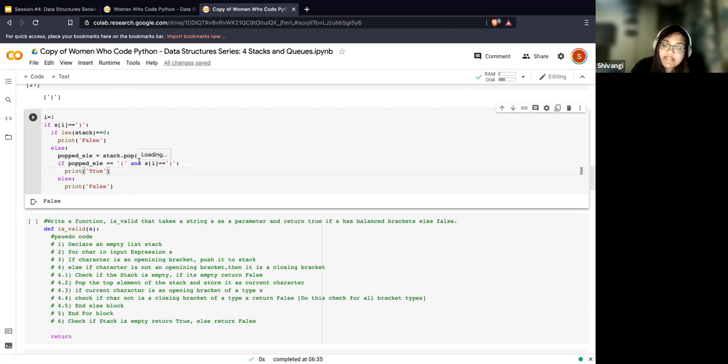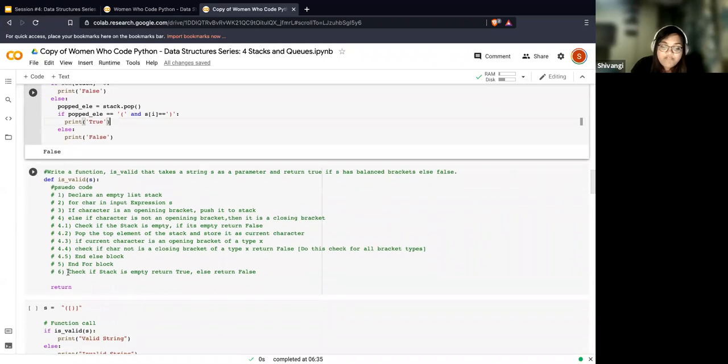In case of false, I'm exiting the function, just returning false and leaving the function. But in case of true, I'm just continuing the iteration over the string, right? To check if every pair of opening and closing brackets is in the correct format or not.